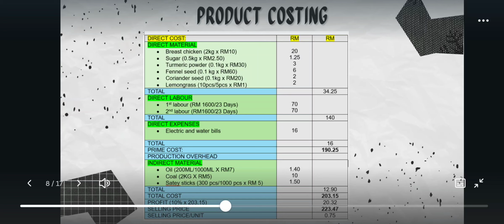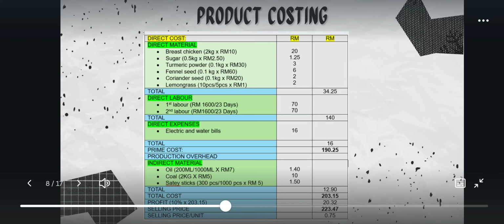So for the product costing, we have two kinds of product, which are chicken satay and beef satay. For the chicken satay, we have direct material, direct labor, direct expenses, and indirect material. For direct material, chicken, 2 kilograms times 10 ringgit will be 20 ringgit,